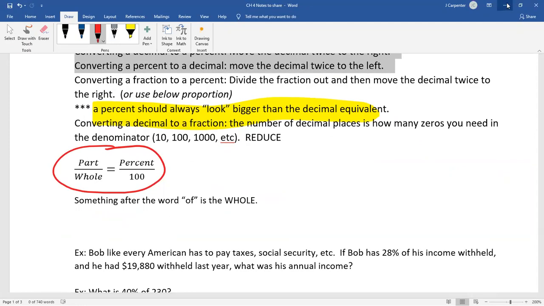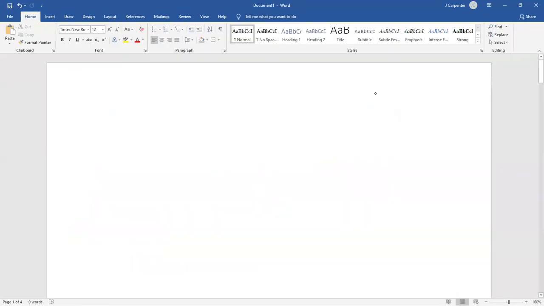Okay, so part over whole equals percent over 100. Part over whole equals the percent value over 100. Now remember, don't convert the percent to a decimal, because when you have it as a fraction, it's already counting as a decimal. Fractions are decimals. In fact, the name of decimals is technically decimal fractions. All right, so